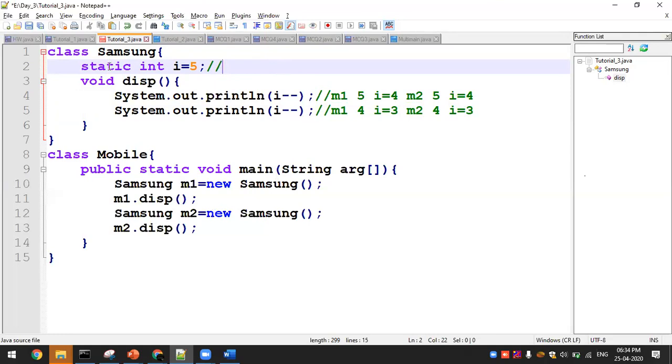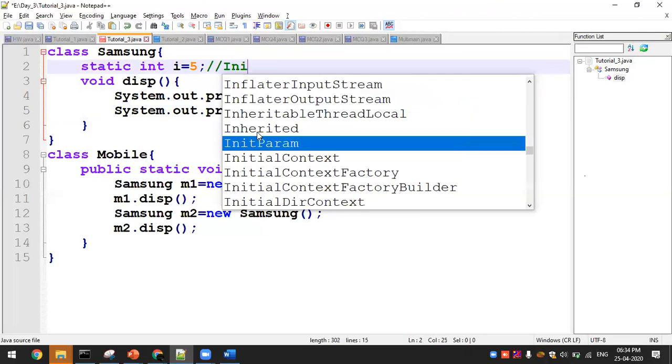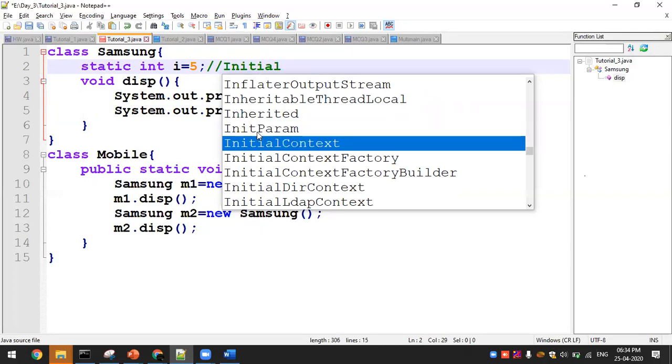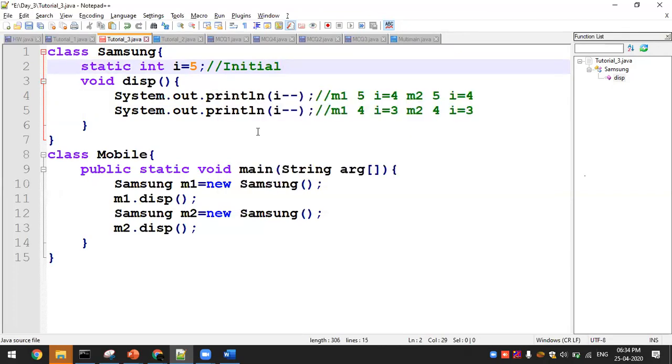If I call the Samsung class a second time for the mobile2 instance, it will initialize the value only once. So now the next updated value is i equal to 3.